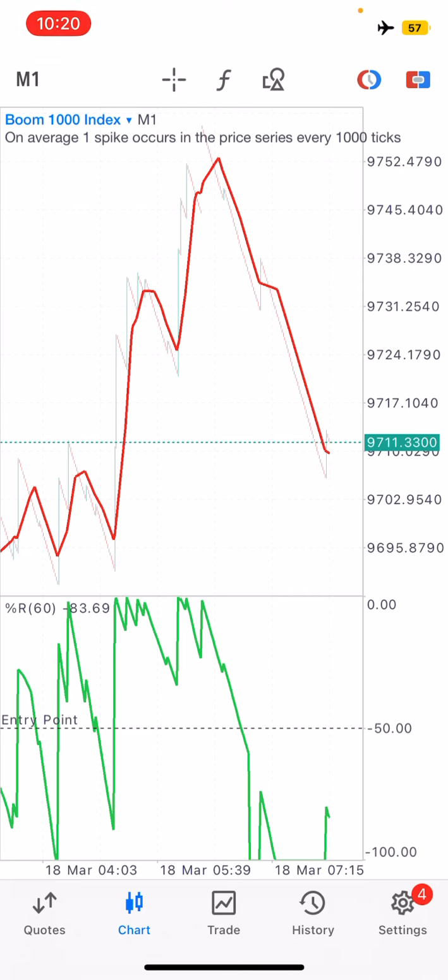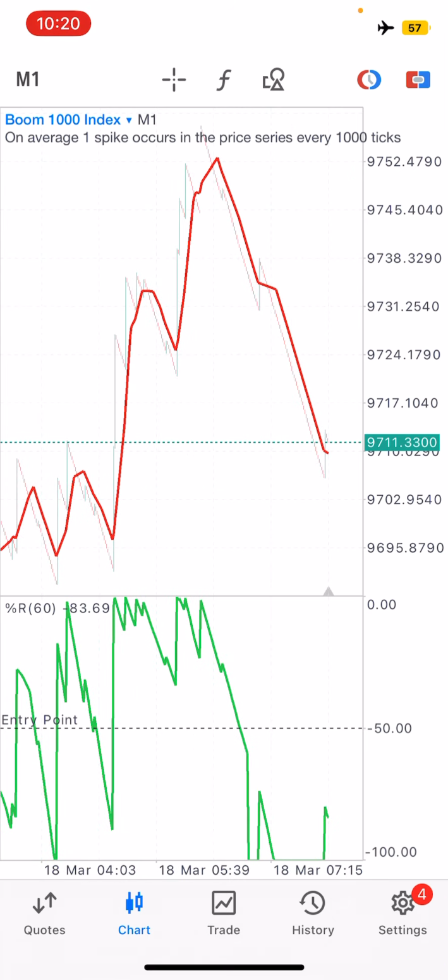So you go to your charts. You're going to switch to your 1 minute time frame. And I'm in my 1 minute time frame. As you can see, we are on Boom 1000 index, and we are in our 1 minute time frame. And this is how you trade. Remember, it's a scalping strategy,